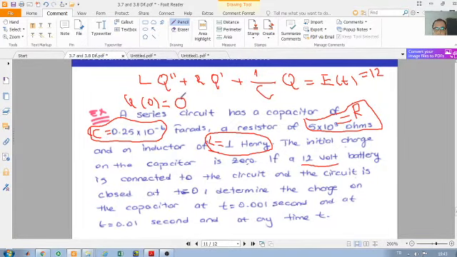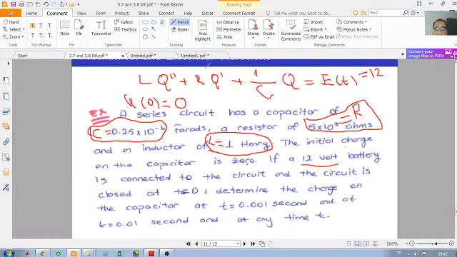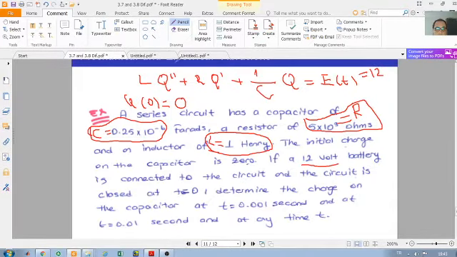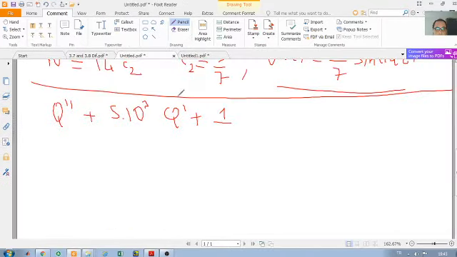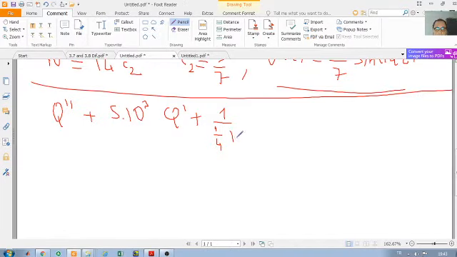R is equal to 5 times 10 to the power 3, the first derivative, plus 1 over C, 1 over 0.25 times 10 to the power minus 6, which is equal to 1 over